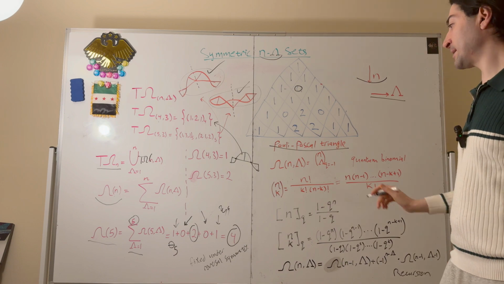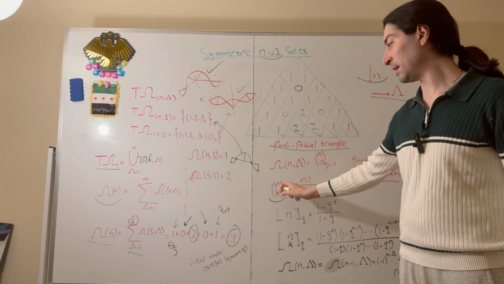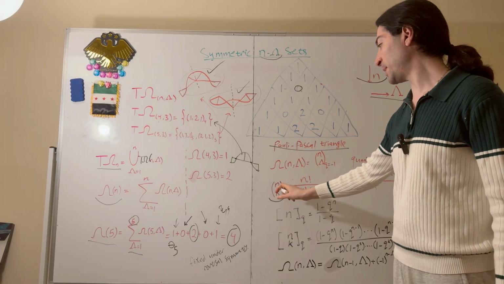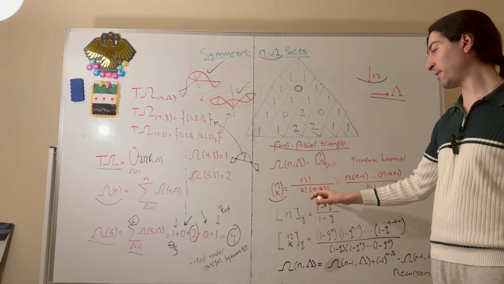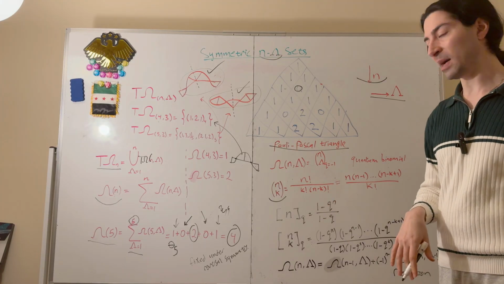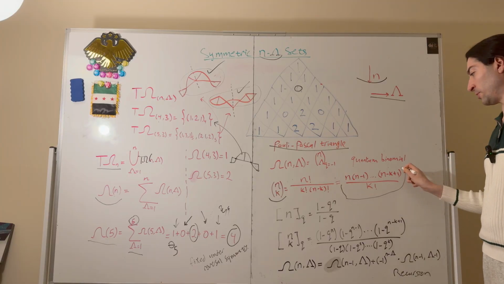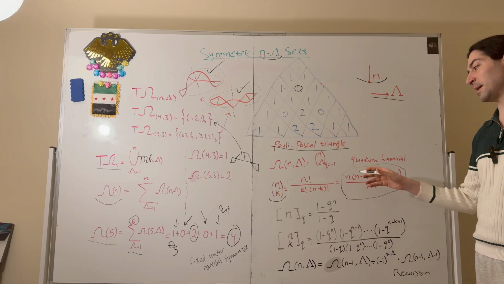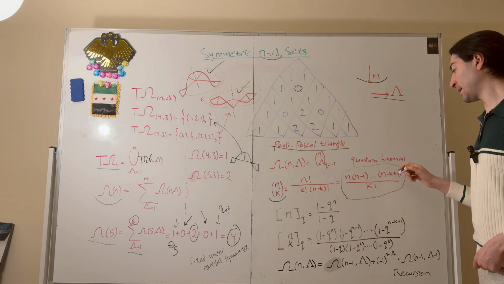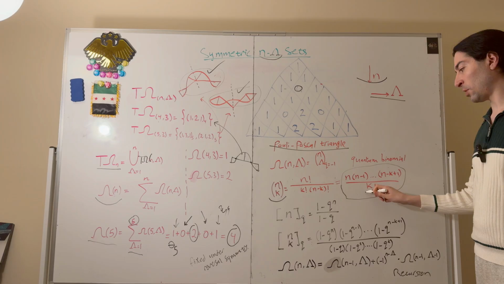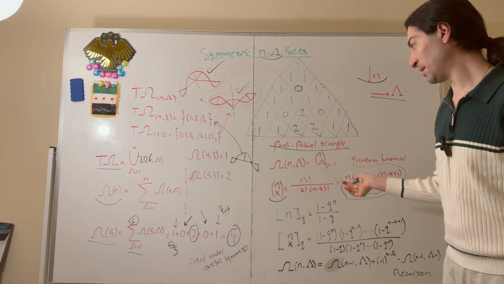So we see that instead of our regular expansion, for example, in the regular binomial expansion, n choose k is equal to n factorial over k factorial times n minus k factorial. We want to focus on the simplified version of this, which is n times n minus 1, n minus 2, all the way to n minus k plus 1 over k factorial. This is for the regular